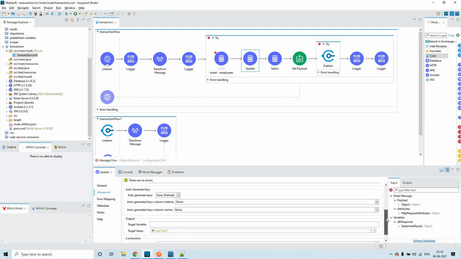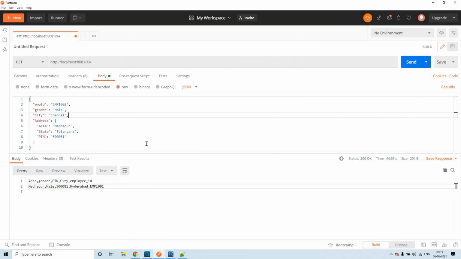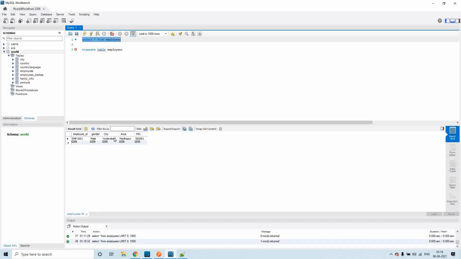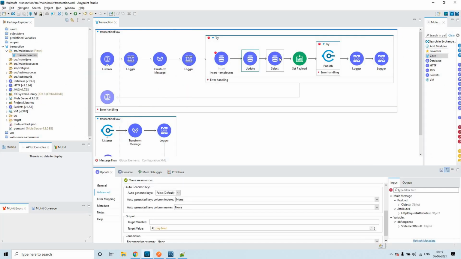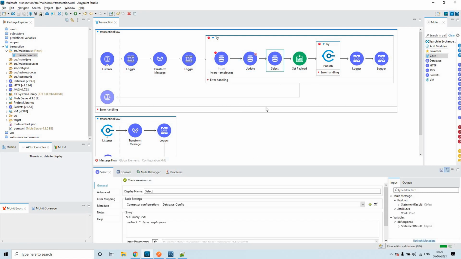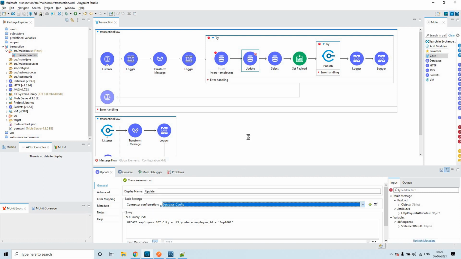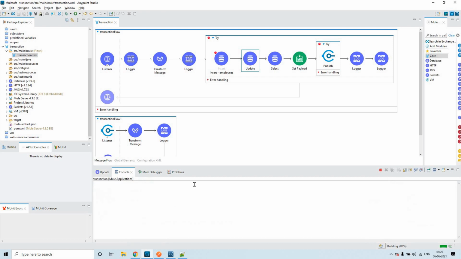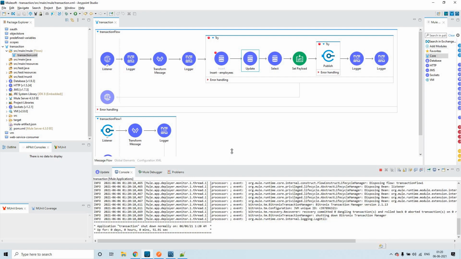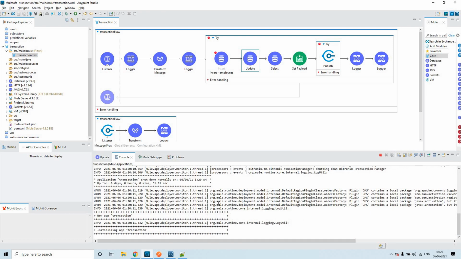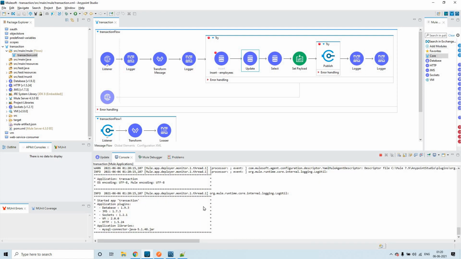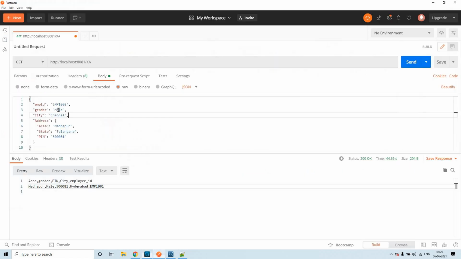This record with Chennai. And here, this will select the two records and convert them to CSV. I think we didn't select the configuration. Fine, this gets deployed in 30 seconds, no issues. Let me quickly send that request once it is deployed. Yeah, it got deployed. So it is 1002 and city is Chennai.